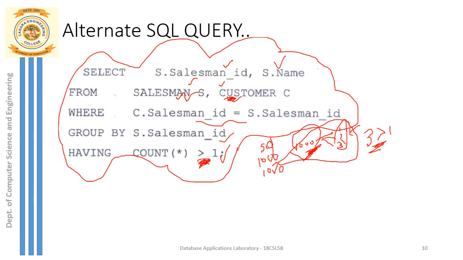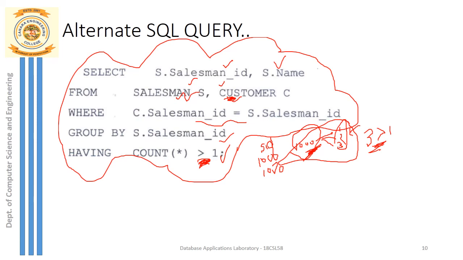Suppose this person has multiple customers, say customer 1, customer 2 and customer 3. So there will be one group formed based on the salesman ID, wherein you can see 3 customers are part of this same salesman. And now what you have to do after forming the group is just apply count. Just count the number of rows. So what does that count value retrieve? Count will be retrieved as 3 in this example.